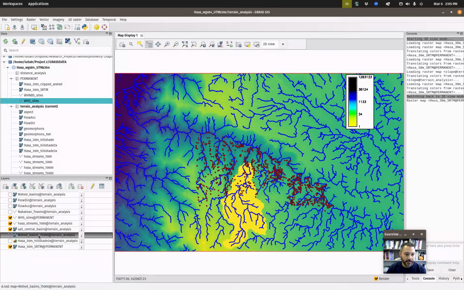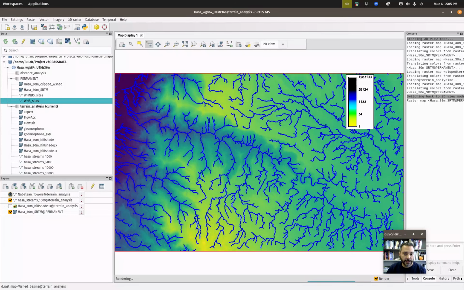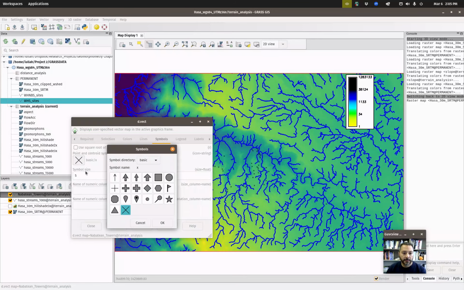Yes. I'm going to remove these ones, and if I hold the control, I can click on them sort of independently. So I want to get rid of all of these ones here. Yes, and here's my Nabatean towers, and now I've got to restyle them. So I'm just back into d.vect. I'm going to pick